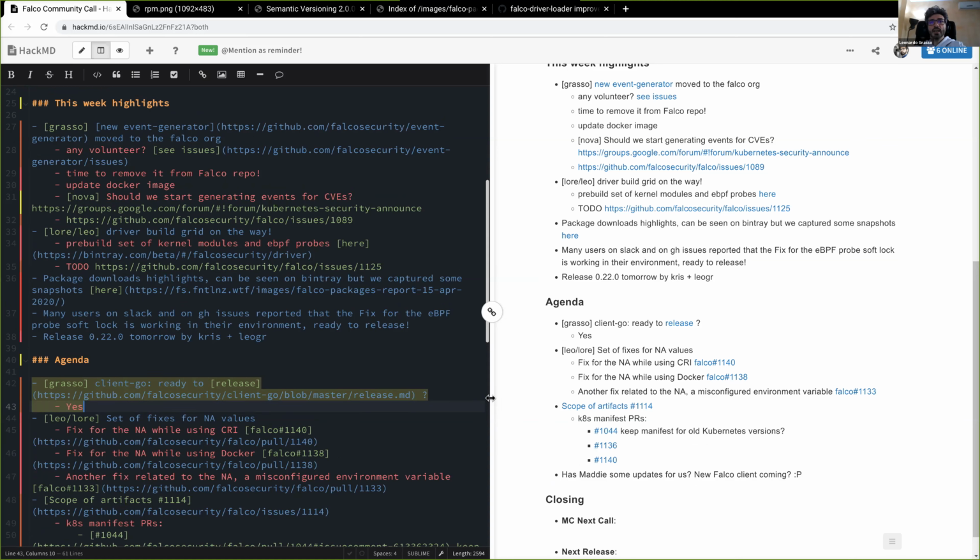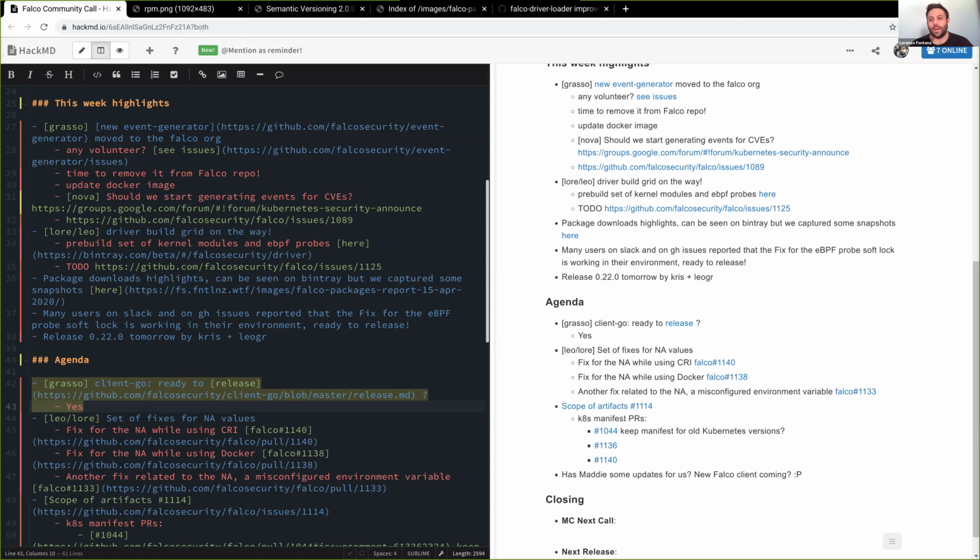Leo and Lore again. Lore, it's your turn. A set of fixes: users started reporting errors with metadata not available for containers, like the container name or the container image and stuff. And we dug a bit and we discovered many unrelated problems, some of which are related to versions of gRPC, versions of libcurl, other libraries that are supposed to go there and take the information, and we fixed them.